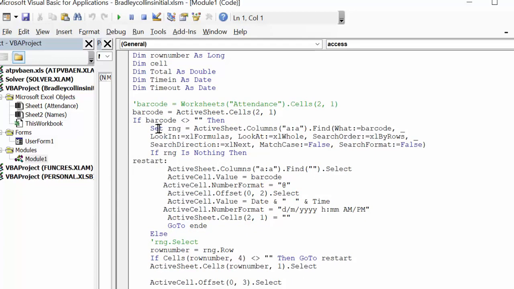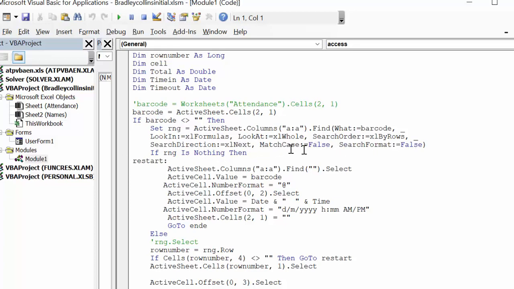Now, if barcode is not blank, then set the range at active column A, so that's where our ID numbers are. Find what? Find the barcode in the formulas, and search by rows, search direction xlNext, match case false,